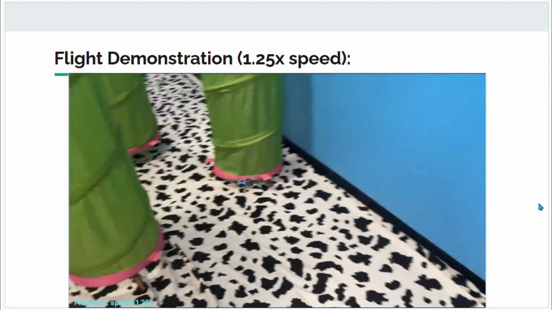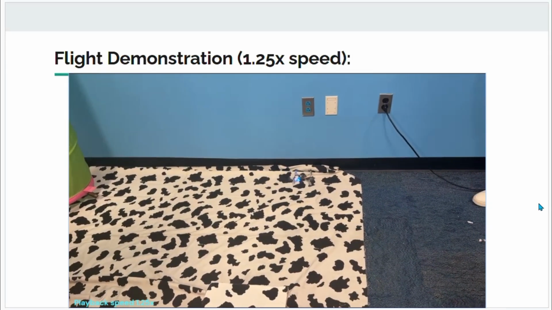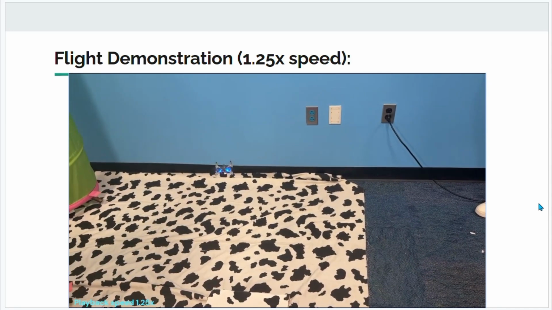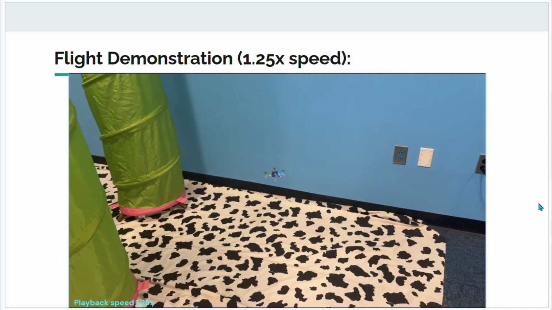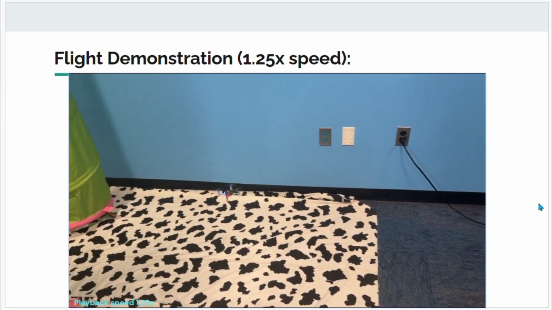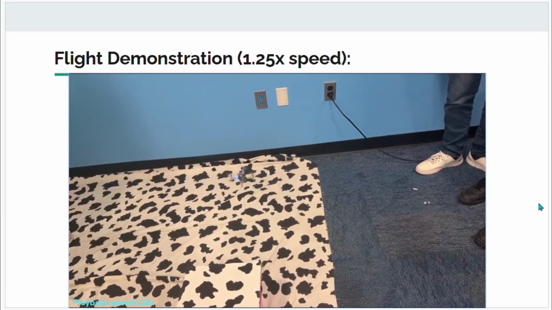Now it's heading towards the end of the arena boundary or the end boundary. Once it reaches there, it stops, goes back, makes a left, and then now it hits the last boundary that we have after the obstacles. Hits that again, goes around. This time it's still not at a great angle to hit the landing pad, so it hits the end boundary,